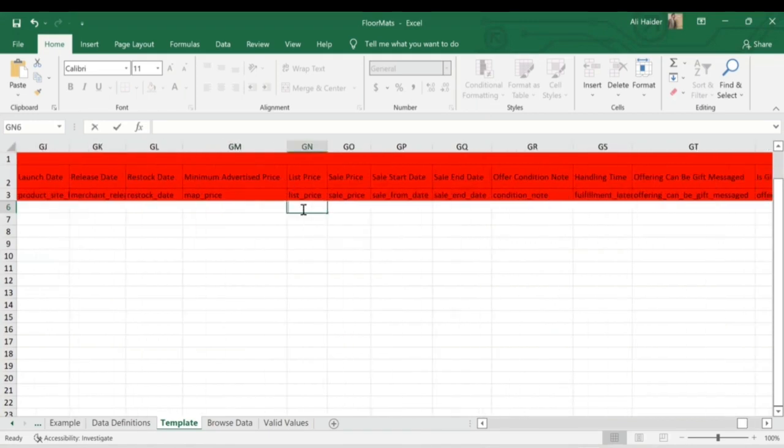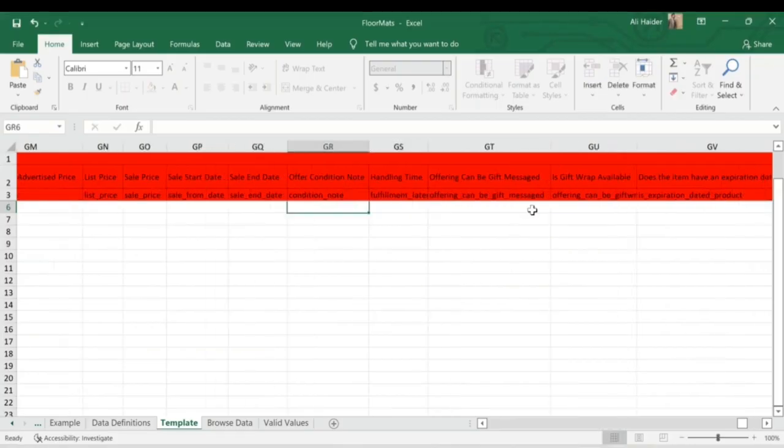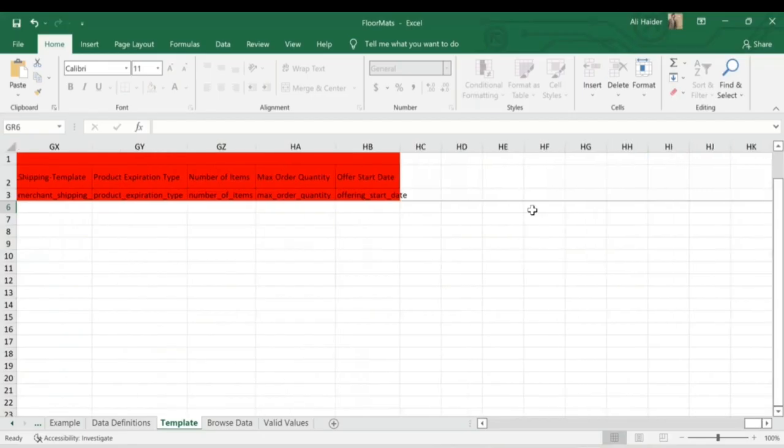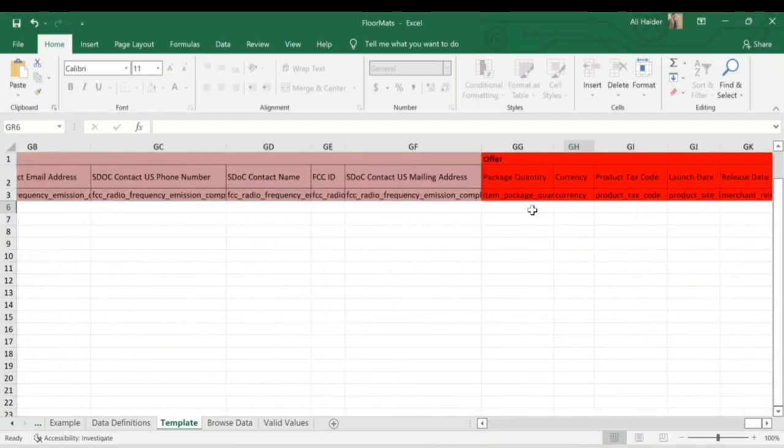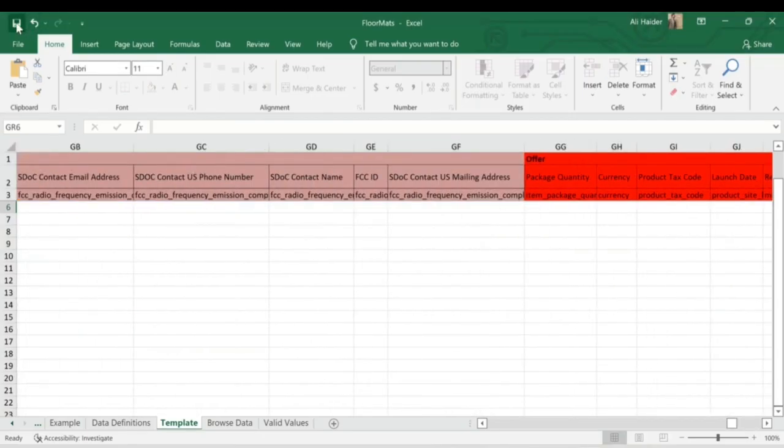Here you can put the list price. If you want to start a sale on your pod, you can put the sale price here, and the sale starting date and the sale ending date also here. Offer condition note, if you want to add one, you can add it here. And here we go. After putting all the data related to your pod, you just have to save